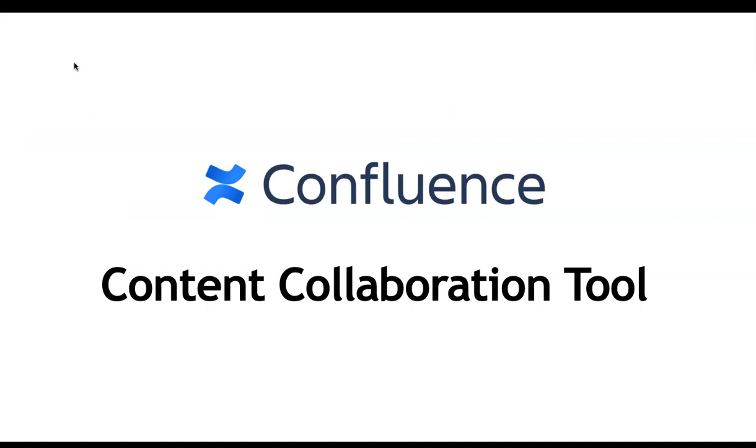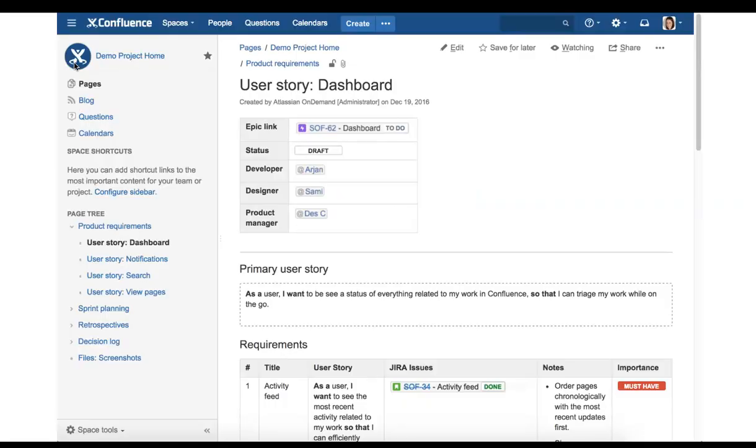Another Atlassian tool generally used in almost all companies is Confluence. Confluence is a content collaboration tool. Basically, we write documentation that can be shared across the team. This is how the Confluence team works. You can also create tables. You can also assign reviewers. You can prepare any kind of documentation here.